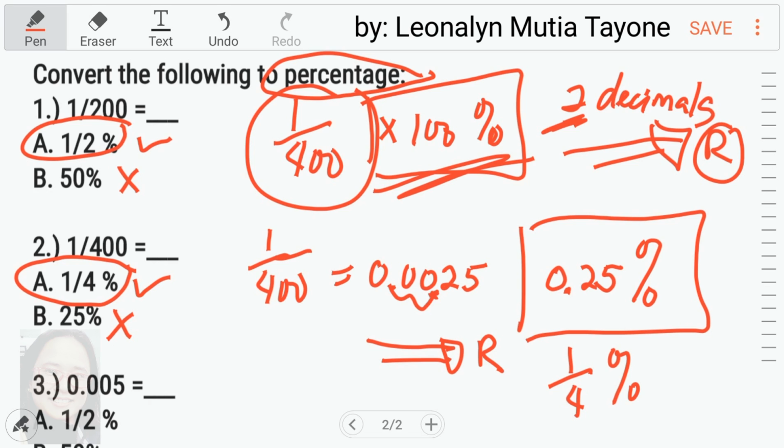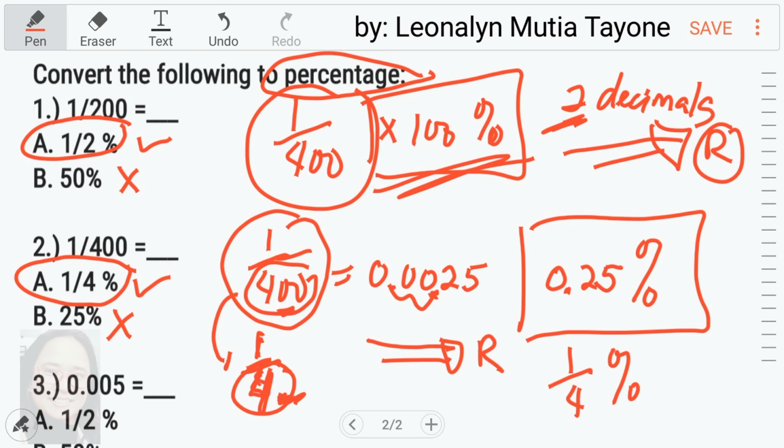Kasi si 25% ay equivalent ng 1/4. Ang 1/400 ay hindi yan equal sa 1/4. 1/4, 4 lang yan siya. Ito may dalawang 0 pa, 400. Kung doon lang tayo mag-focus sa 400 at saka sa 4, mas malaki si 400 kaysa 4. So, kung mas malaki si 400, 1 divided by 400, that is 0.0025. Unlike kung si 1/4 lang, that is